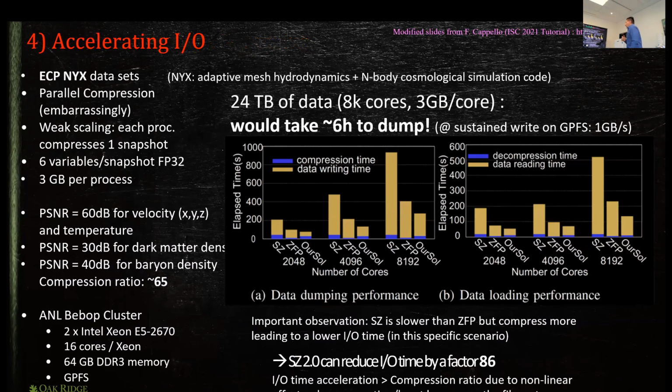And the acceleration of I/O, and again, this is one of the things that, being at Oak Ridge, we're in a little different part of the world. And what I mean by that is like, we have all these codes now getting a terabyte per second. So if you can get a terabyte per second, it becomes harder and harder to speed up the I/O because the time that you spend reducing it is not writing. So when you're only taking seconds to write 24 terabytes, it's hard to speed that up because these routines take a while.